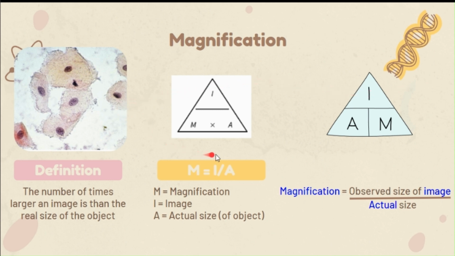When you want to do anything magnification, I want you to remember this formula first. M equals I over A. Reason being, it helps really understand the definition and it'll become simpler to remember. The definition here is the number of times larger the image of an object is than the real size of the object. If we try to make sense of this definition, we remember, oh yeah, we're viewing a potato cell,